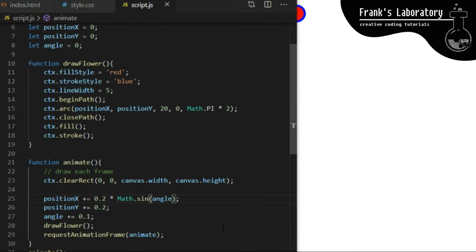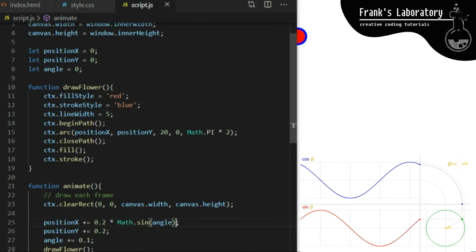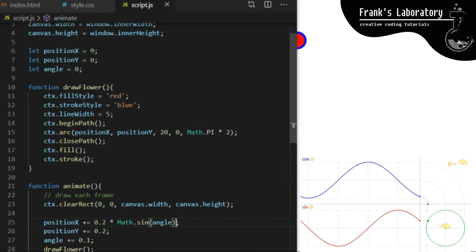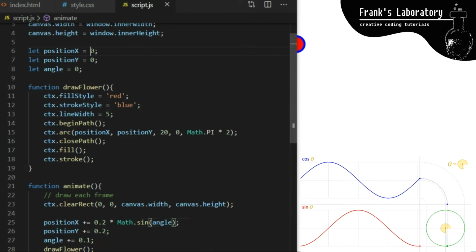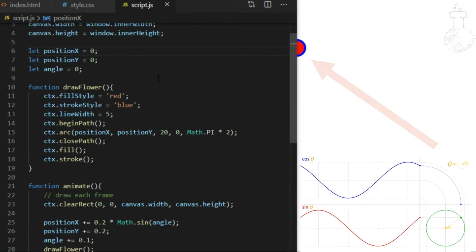This number represents the sine of the angle we gave it in radians. Very simply said, if you call Math.sin and pass it a number that slowly increases, in this case we pass it our angle variable, it will fluctuate between -1 and +1, so the resulting movement will look like this.